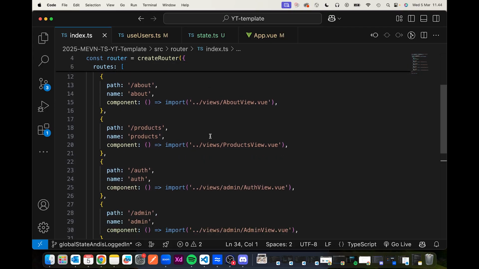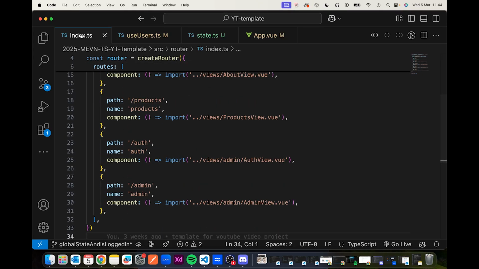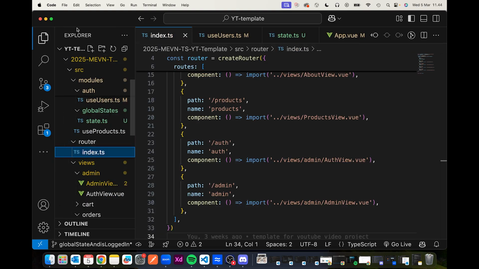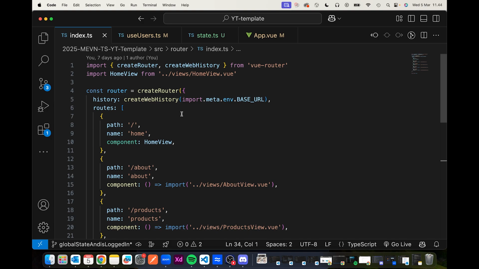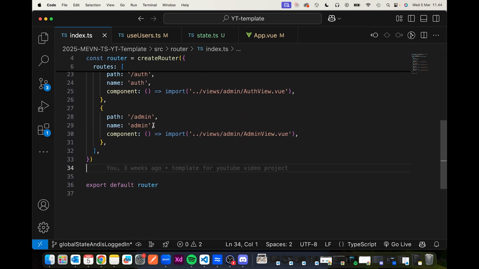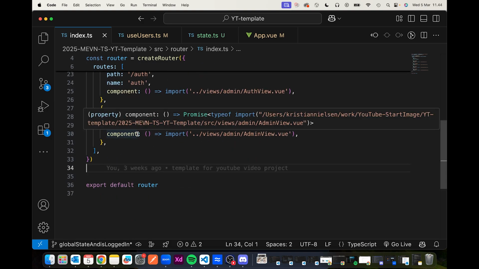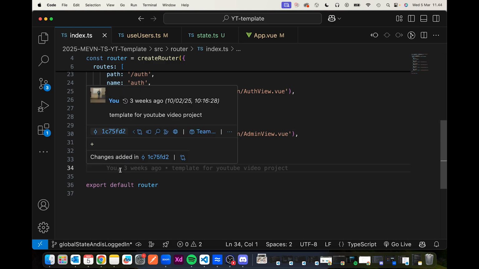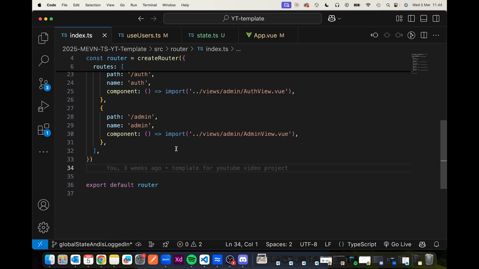So we're going to set up our router.js or TS here. Go to the router folder and then inside the index file. In here, we're going to create navigational guards to make sure you need to be logged in, but you also need to have something called requiresAuth to be true. So it doesn't matter if you know /admin, you won't be allowed until both of these requirements are fulfilled